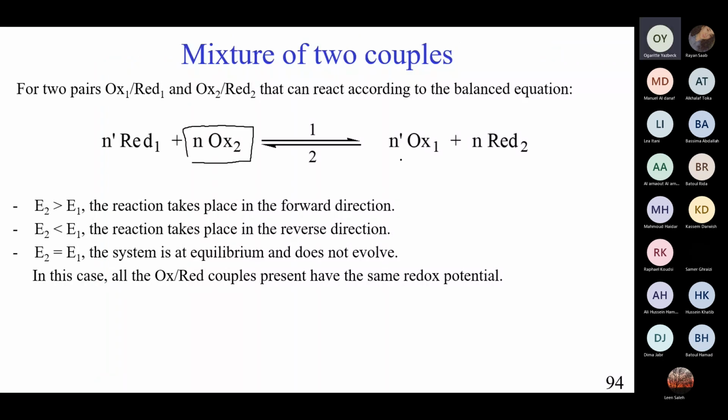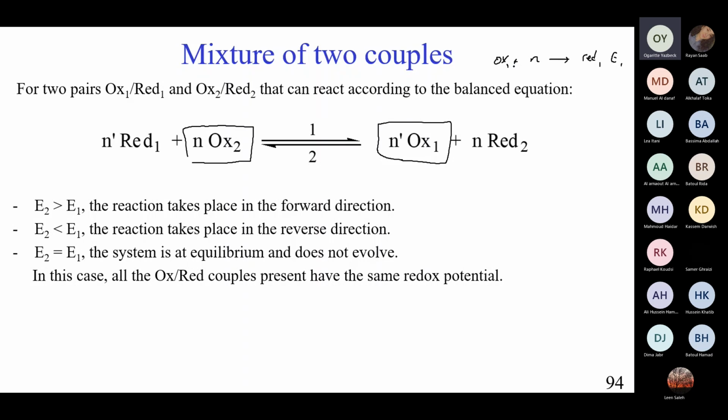So I always look at the oxidant, which is ox plus number of electrons becoming the reducing agent or the reductant. So I always look at it from the reduction perspective. So I look at the ox, the higher E for ox plus electron going to red is, so if this is E1